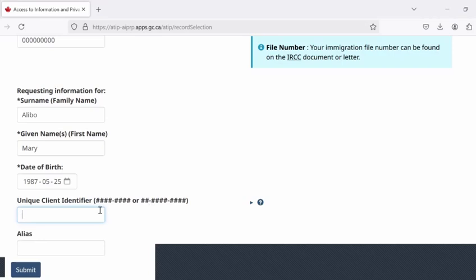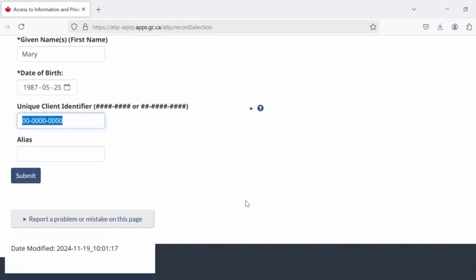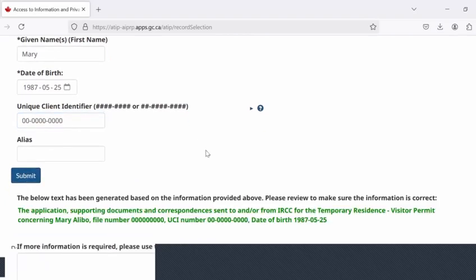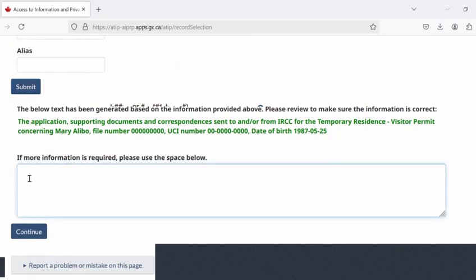Because you also do not have your UCI number, you can just input zeros equivalent to the number for the UCI, exactly as it is here, but just input zeros there, because you do not have access to your forms. This is just saying you should review. So now inquiry, I would like to request